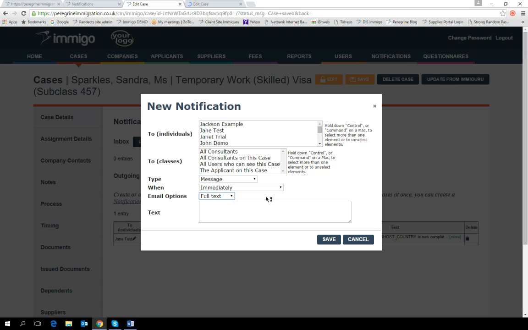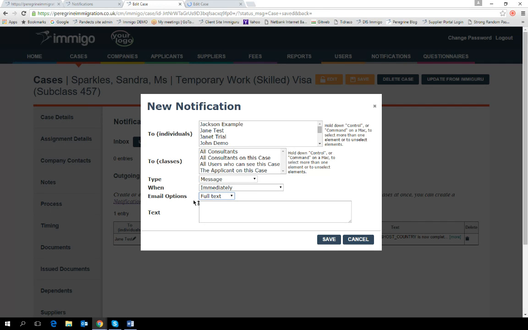Choosing Full Text means that the recipient will receive an email containing a copy of all the text of the Imigo notification. All replies will also send a notification to the recipient's email address in Outlook or Gmail, but note this can only be used if they are set up as a user in Imigo. Messages sent within Imigo are very well secured and protected. Emails that go to external email addresses are usually not encrypted, so please bear that in mind when you're selecting